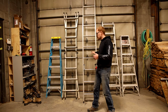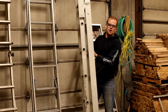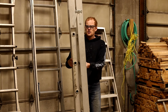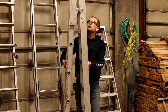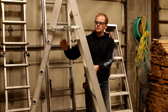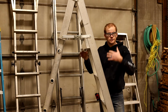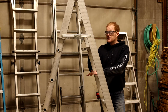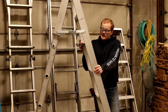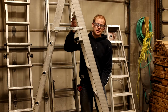Moving on from the extension ladder, we're going to talk about an extend-a-step, which is kind of like a combination of the extension ladder, because you can extend it, and it can also be turned into a step ladder. All the same rules apply for both ladders in the case of the extend-a-step. These, however, aren't really used near as much on the job site anymore, but it's very likely that you could have one of these in your home. The reason why these aren't used on the job site anymore